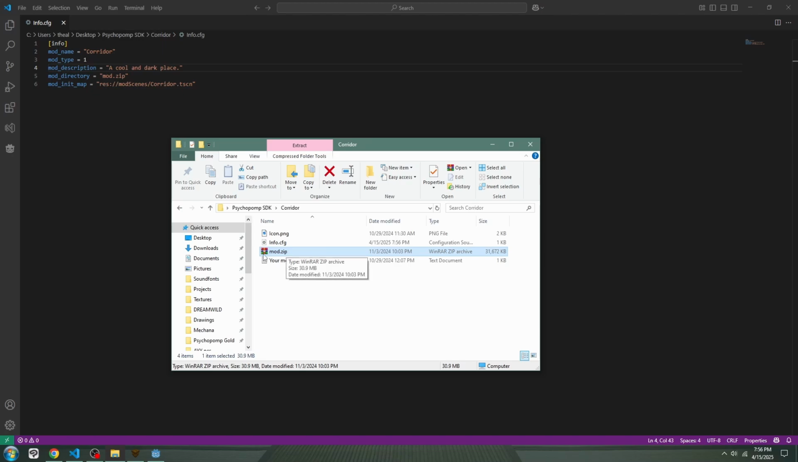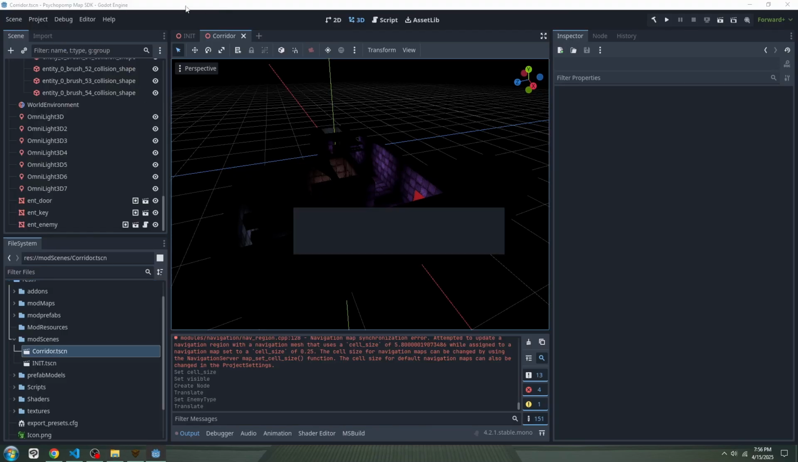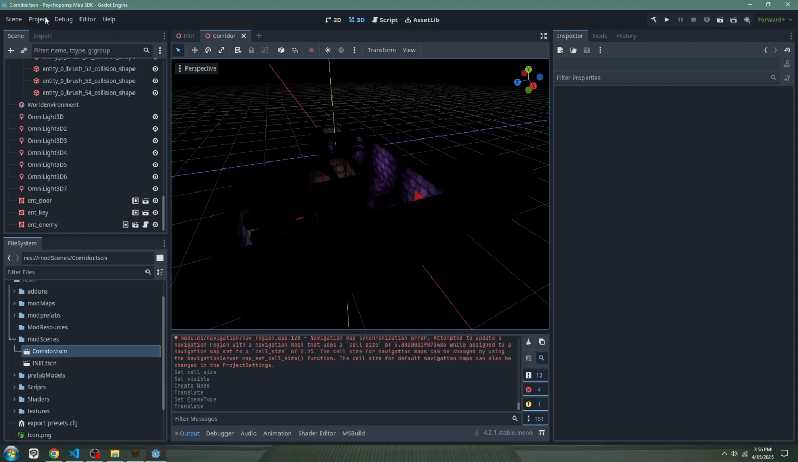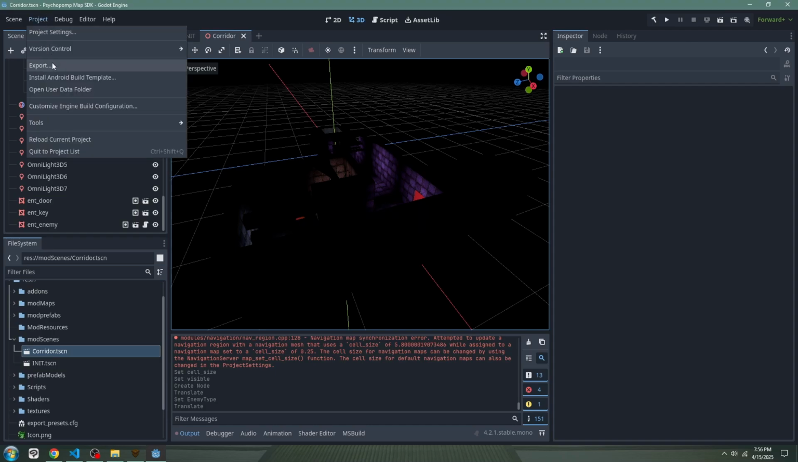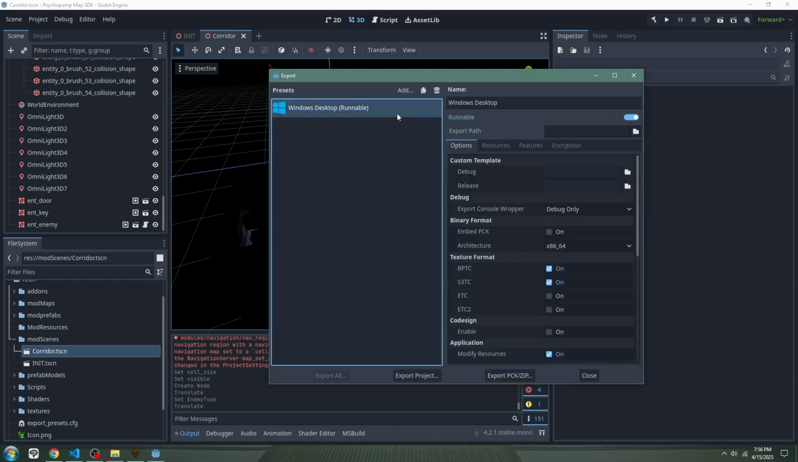Now, we have this mod right here, but we need to replace this mod file. So go ahead and delete that zip file right there, mod.zip, and we're going to make our own in Godot. Back in Godot, make sure everything is saved, and then click on Project, and then Export. You'll get this page. Go ahead and click on Windows Desktop. You might get some errors here, but they shouldn't cause any problems particularly. Go on down to the bottom, and you're going to select export